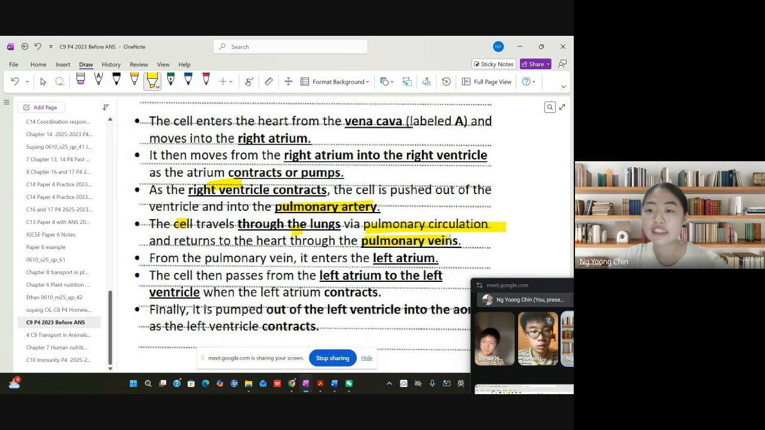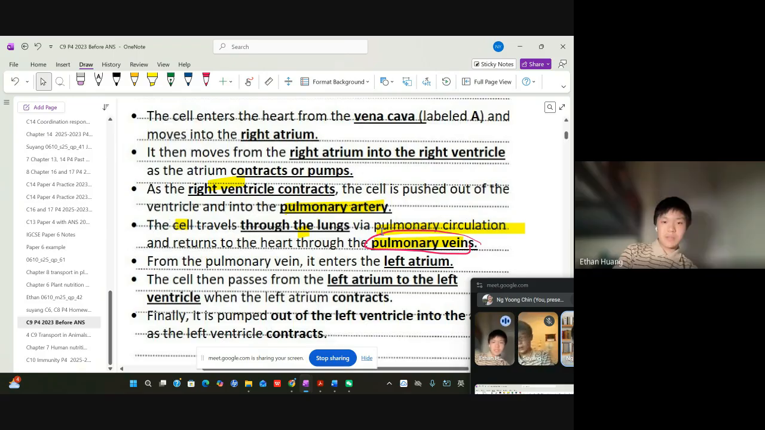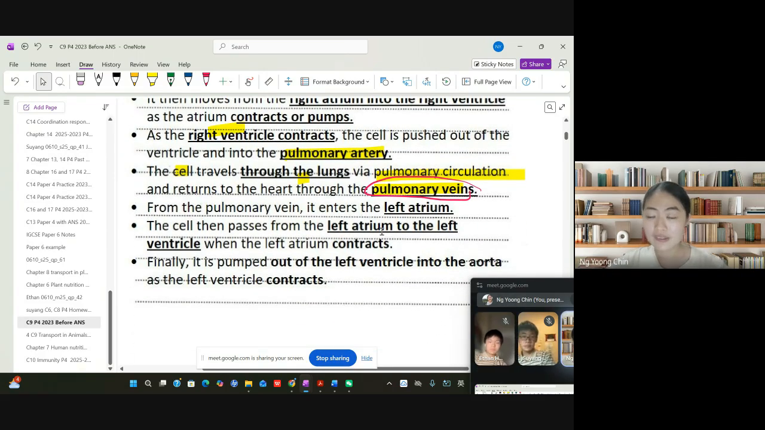Tell me, do the pulmonary veins carry oxygenated or deoxygenated blood? What do you think? What's the answer? The pulmonary veins carry oxygenated blood. And then remember, whenever the question asks what kind of blood vessel contains the highest percentage of oxygen,